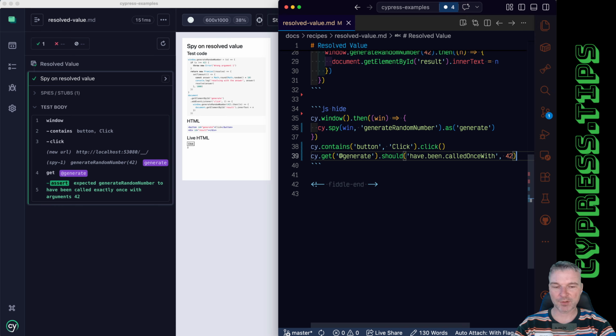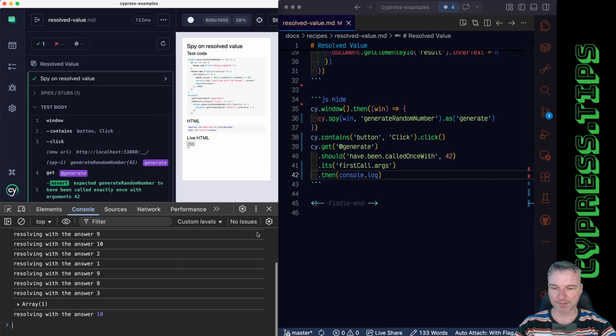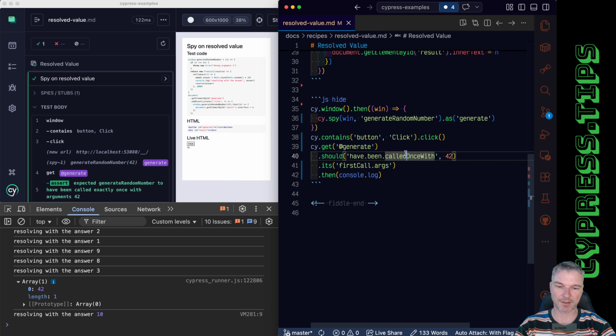If we don't know the number, we can get the first call, and it has args, and then we can dump it to the console log. And if we open the browser console, look at this array, these are the arguments that Sinon has recorded in that